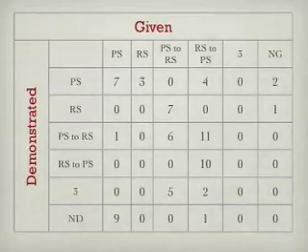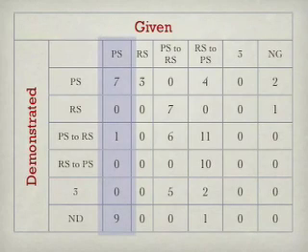Now you see the same information going down as the rows. Given is how we presented the information. Demonstrated is how they returned it back to us. As you can see from this chart, let's take the first column, the highlighted one here. If we gave the information in the context of the play space only, in other words, we said you have to keep your aquarium this way because that's the way you're supposed to keep your aquarium,